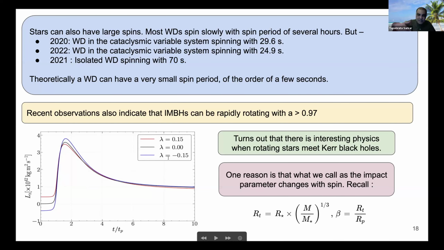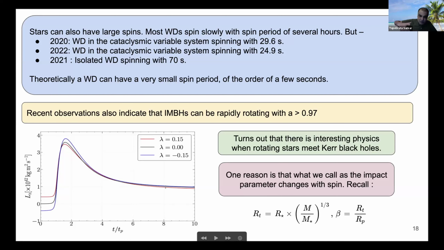And you see that this can be retrograde, this can be prograde, and this spin 0 means that the star is not initially rotating. So this is what I was telling you, that if you look at the angular momentum of the surviving core, even if it is retrograde or prograde or not rotating at all, the tidal torque will actually spin it up to a very large extent, after which the spin starts decaying, and after some time, it's almost like there is no difference between them.